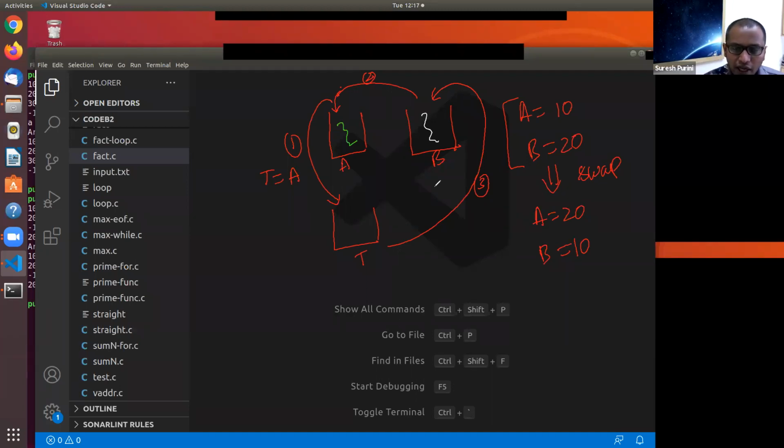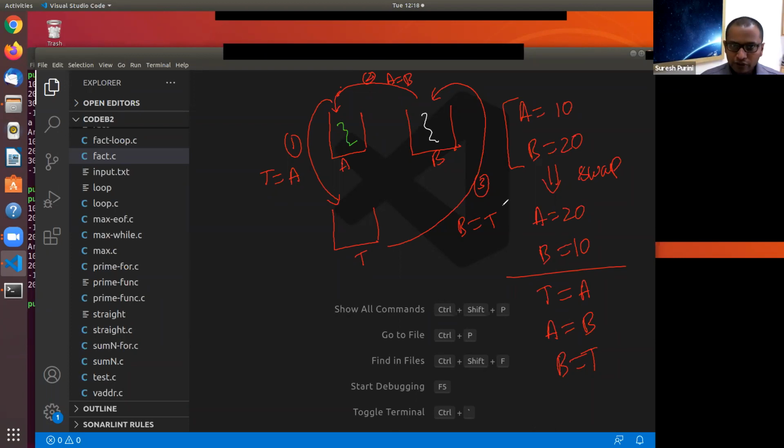Then step two, we say A is equal to B. The contents of B we transfer into A. And step three is we say B is equal to T. So if you write the code linearly, these are the steps to swap the contents of two variables. Are you all with me here? You understood the whole example, right?